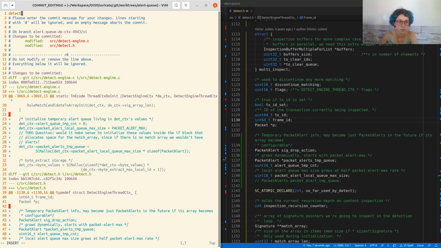Can it just be detect? Should it be detect engine? I don't know. This is the sort of thing that if it's truly wrong, Victor or Shivani or Jason or any one of them will say, I don't think this commit message is expressing what's going on, or could you please use this module because that's where we are changing things.